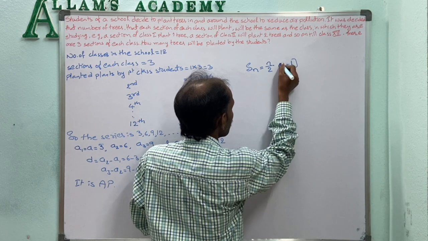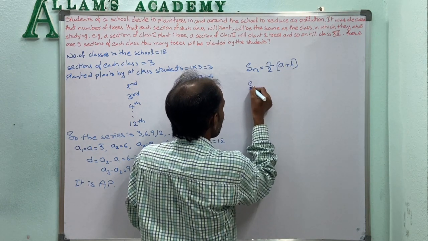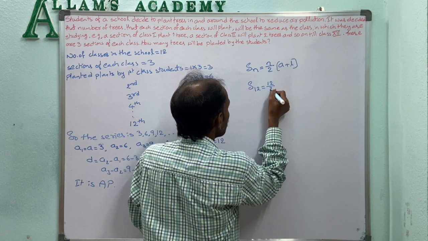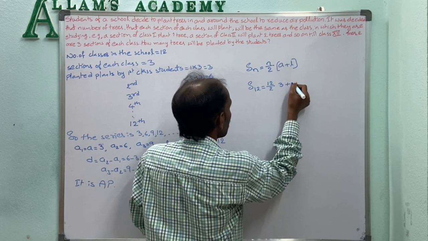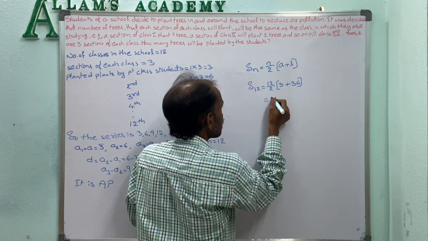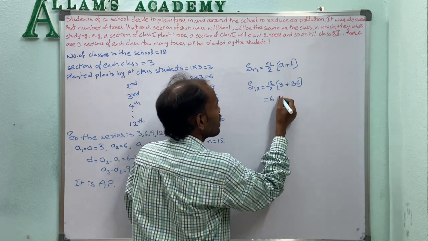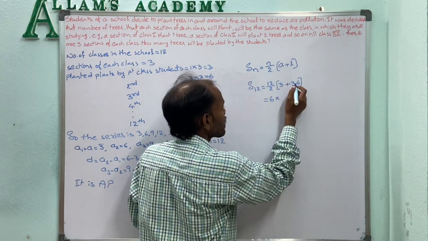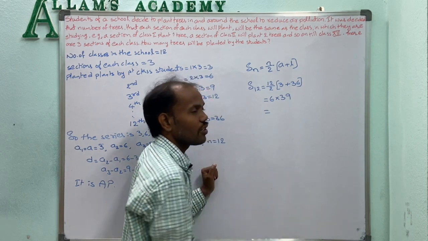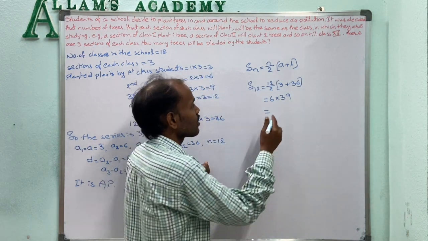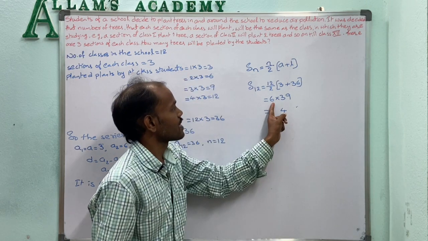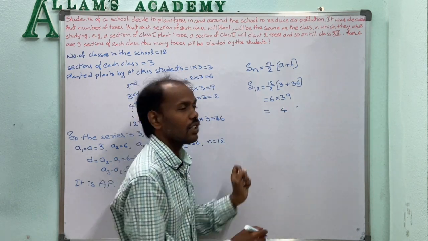So S12 is equal to 12 by 2 into (a equal to 3 and l equal to 36). So 12 by 2 is equal to 6, and 3 plus 36 is equal to 39. So 6 into 39: 6 nines are 54 and 6 threes are 18, 18 plus 5